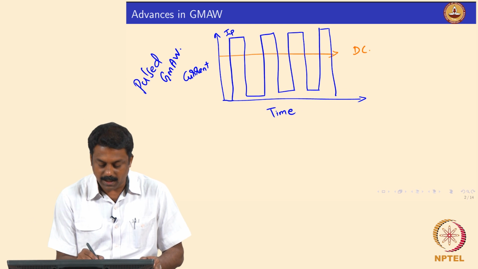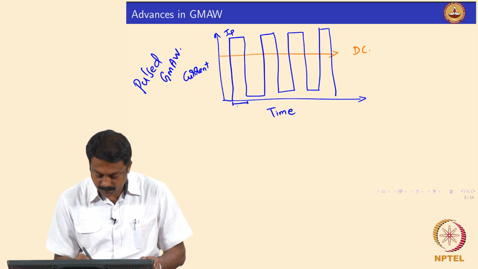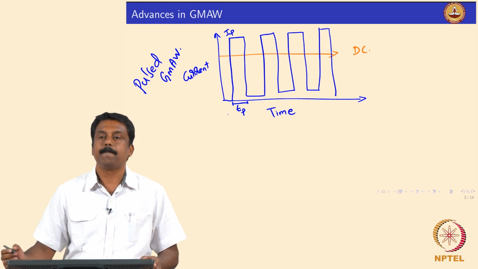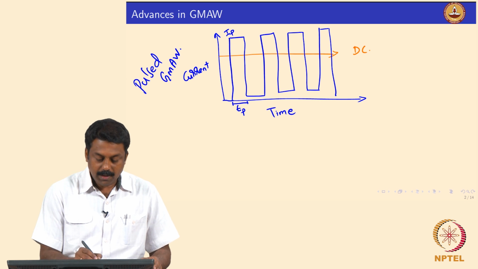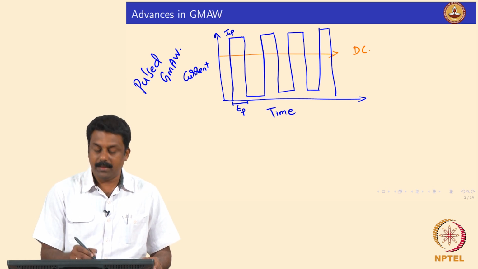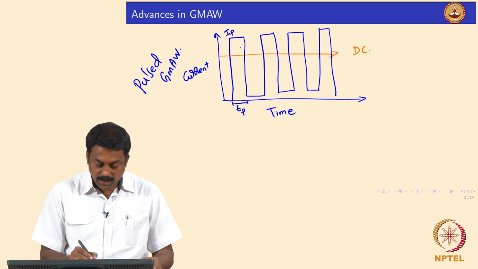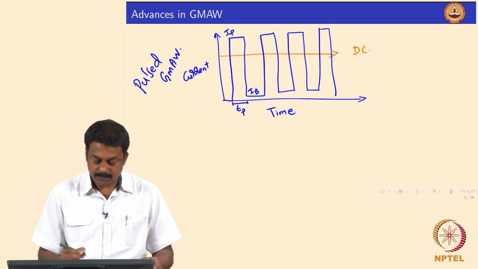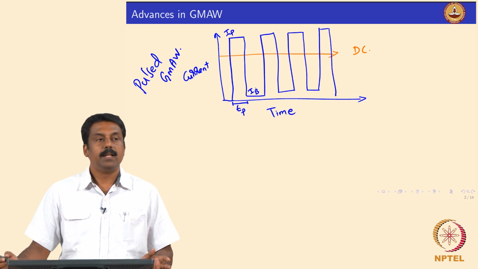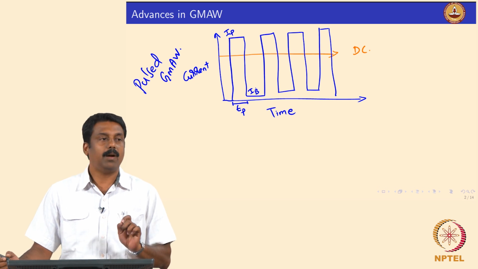Okay. So, during this pulsing period Tp, we increase the current to IP, and then one droplet can be detached, and immediately the current can be decreased to a background level, which is IB. So, in this case, we can maintain a very small arc, an arc with very low power,